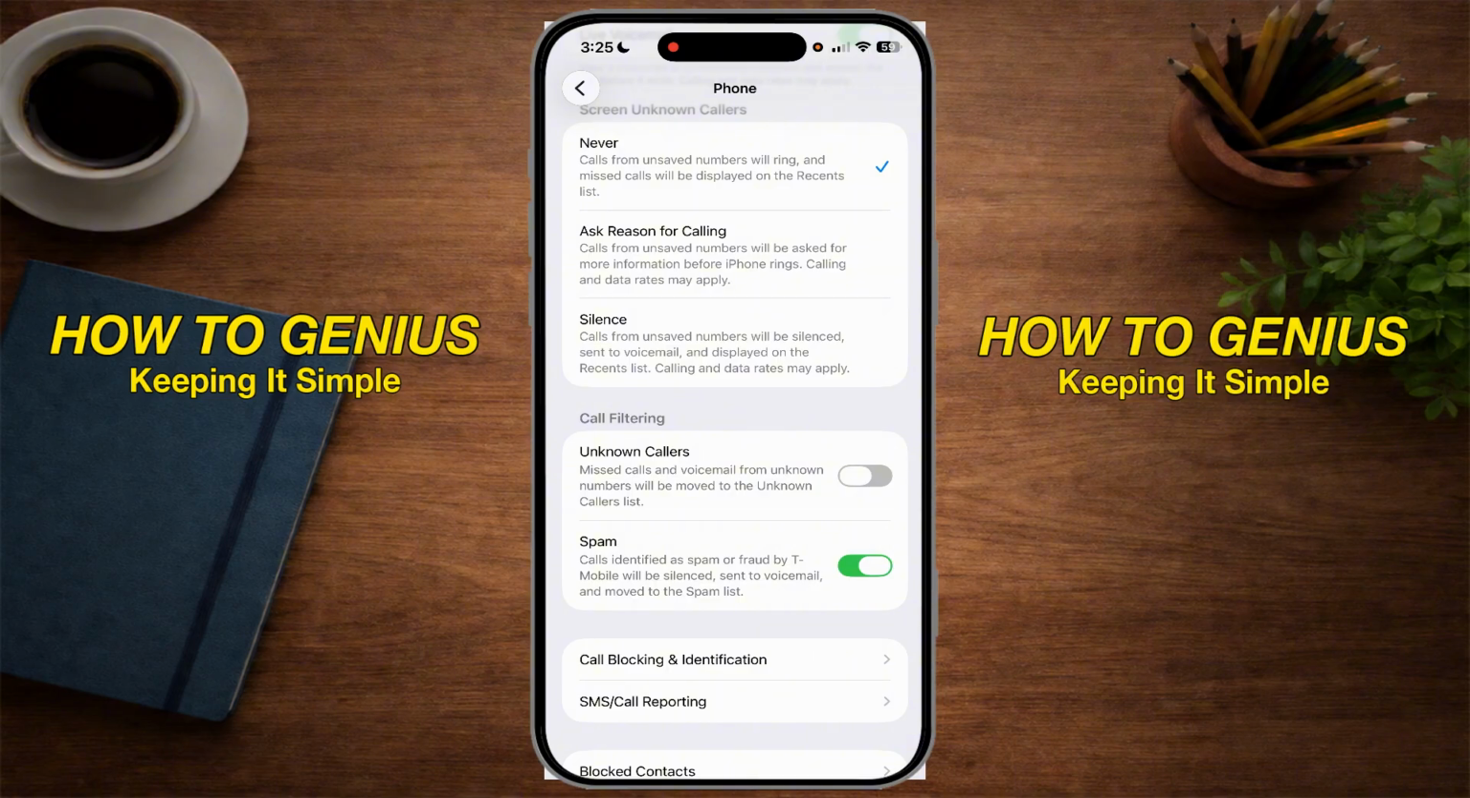But those two settings will allow all of your calls to come in through your iPhone, but that's it. It's super simple and super easy to allow your iPhone to allow all the calls that are